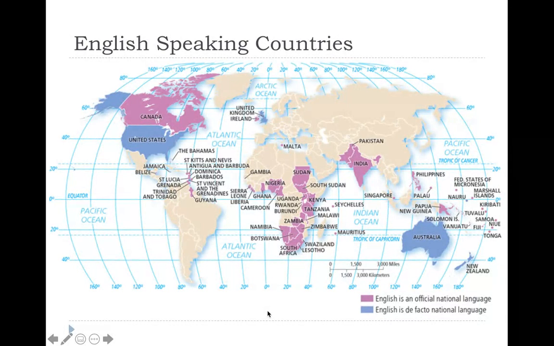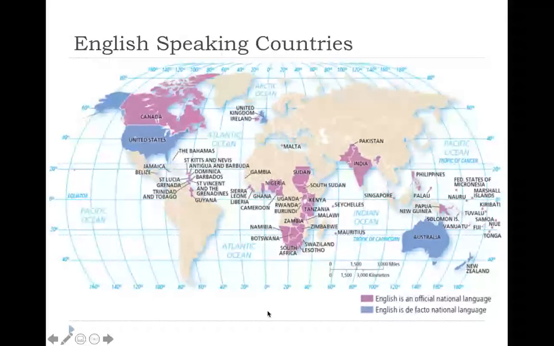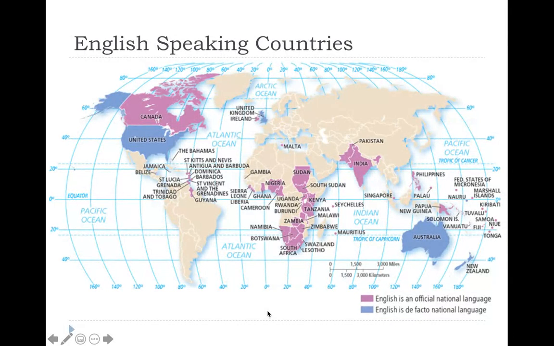Here is English-speaking countries around the world. You can see if it is blue, it is the de facto national language. It means it has not been selected as a national language. And then the purple ones are official languages, national languages. What we can see here is obviously the diffusion of English, and we can see basically where the United States and the United Kingdom have made their presence felt around the world. That's where we see a lot of these purple ones, which were at one point former colonies of England. It's tough to see, but you can see some of the dots out in the Pacific Ocean. Some of those are U.S. related too, and in the Bahamas and some of those areas too.